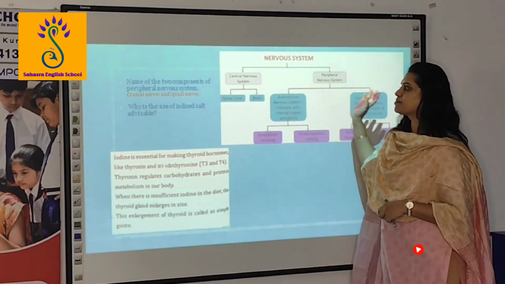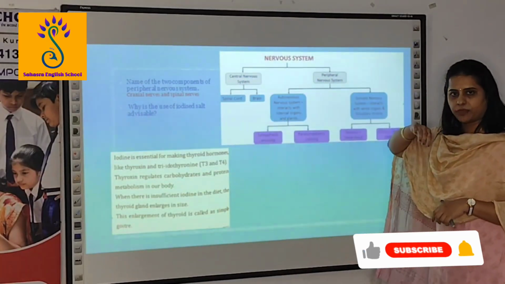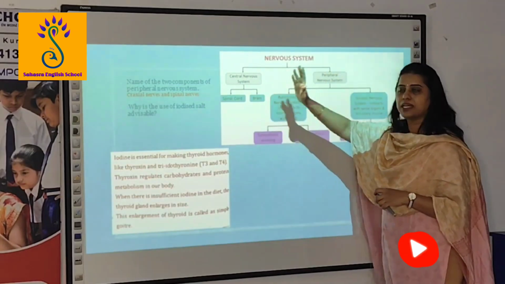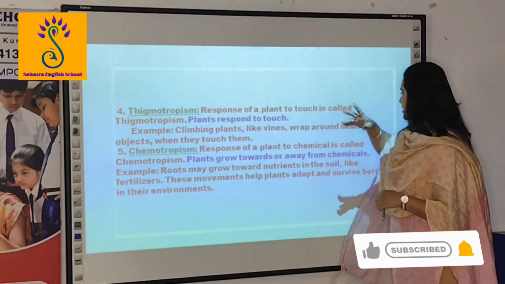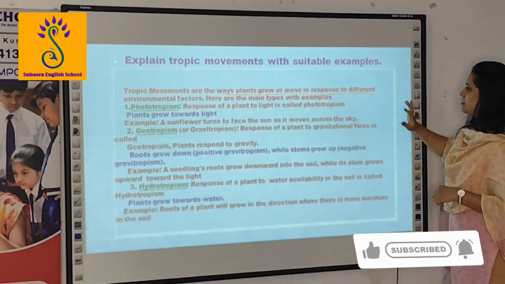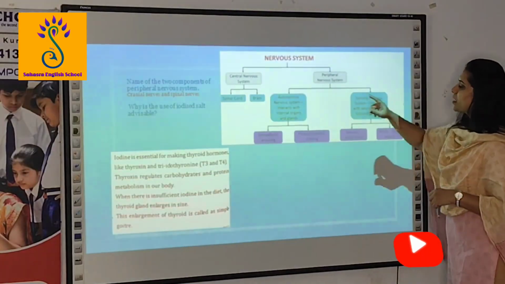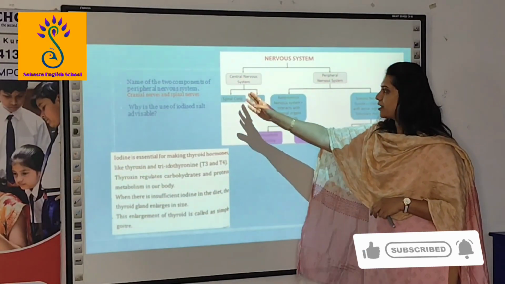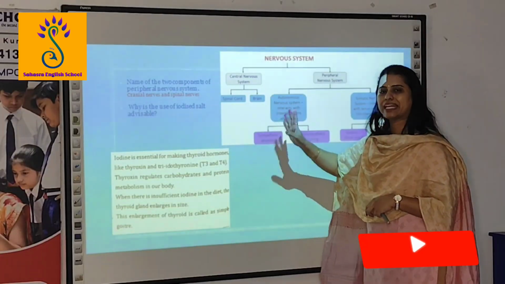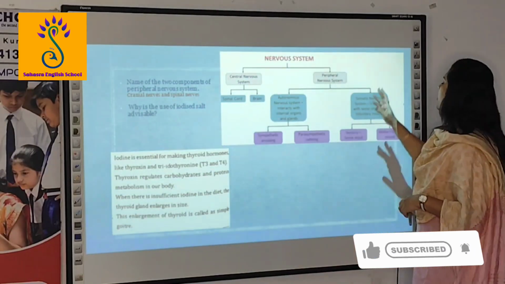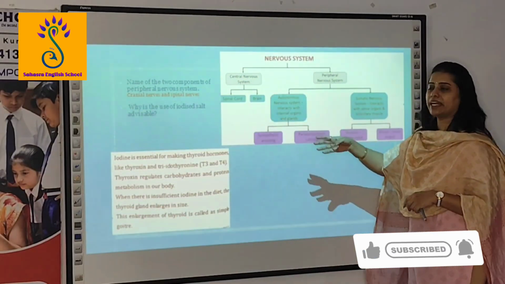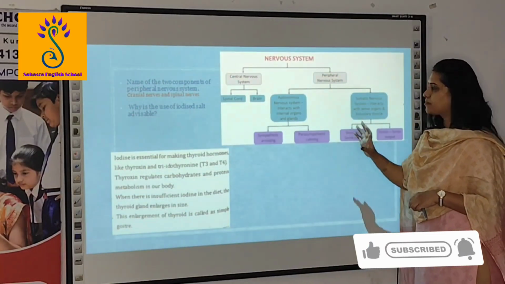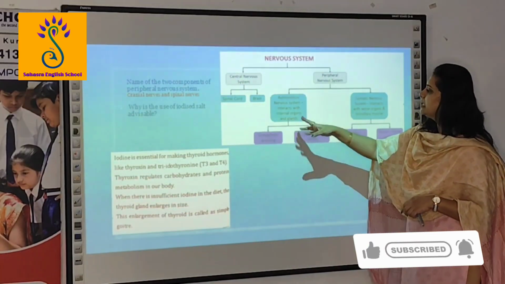The nervous system is basically divided into the central nervous system, CNS, and the peripheral nervous system in human beings. The central nervous system, I told you, is brain and spinal cord. From that, nerves arise. From the spinal cord, it is spinal nerves, and from the brain, it is cranial nerves. The peripheral nervous system is further divided into autonomic nervous system and somatic nervous system. The autonomic nervous system is further divided into